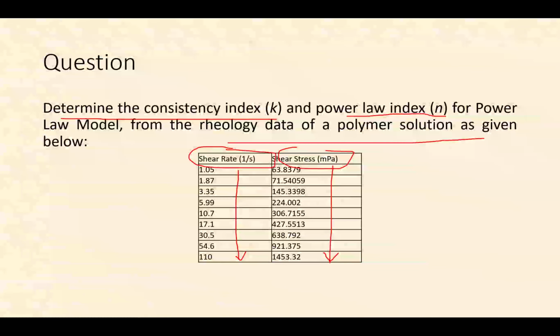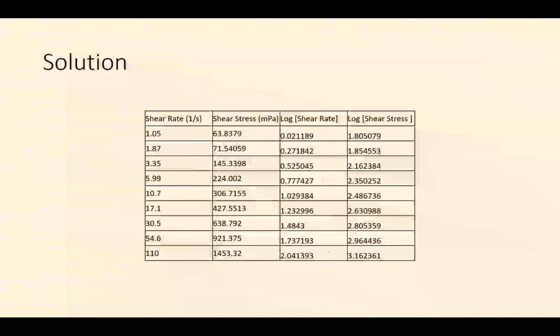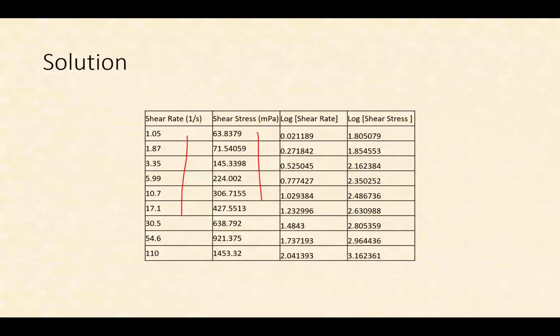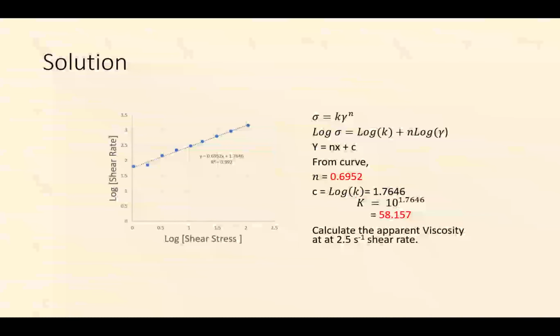As per the earlier discussion, if you take the log on both sides, this is again the same data, where we have taken the logarithm of the shear rate and the log of the shear stress. Now, if we plot it,